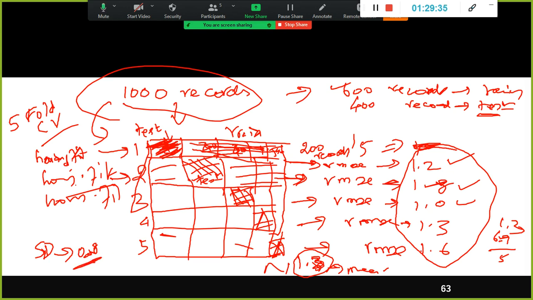There is not much variation. See, this one is supposed to be housing.fit1, not housing.fit, because this has the optimal features, right? Size and UDS only. If I apply this model on these 5 different training and test data sets, the mean is this one and the standard deviation is 0.8. The variation is not much.